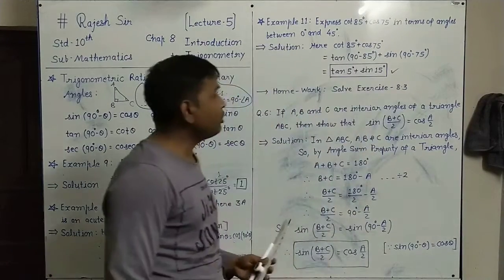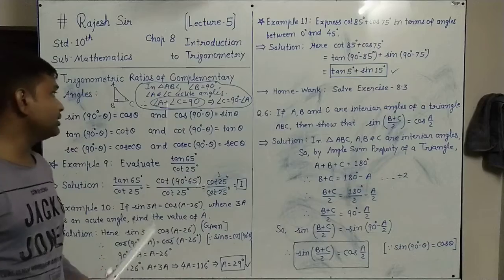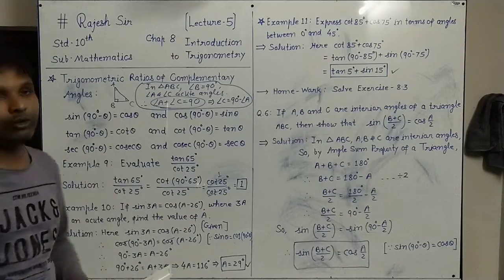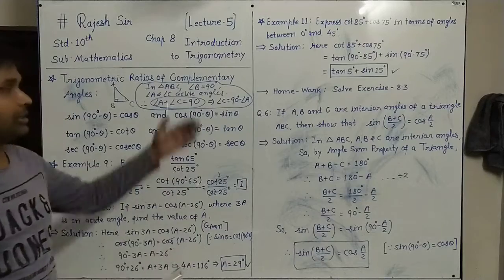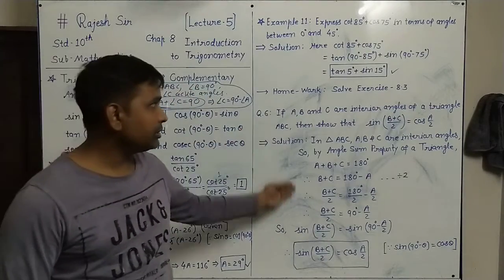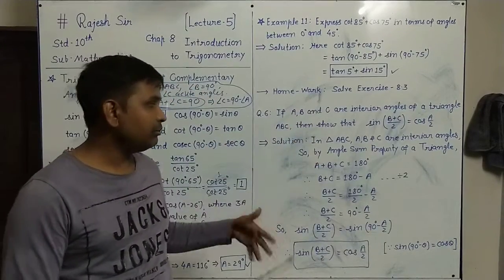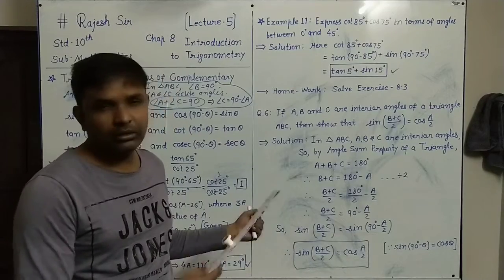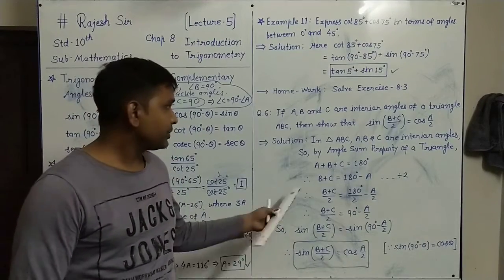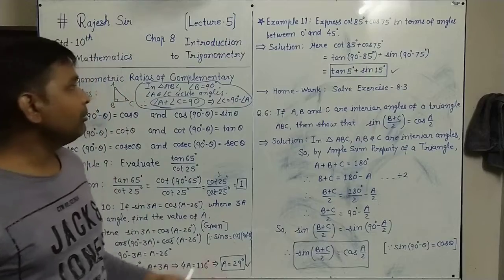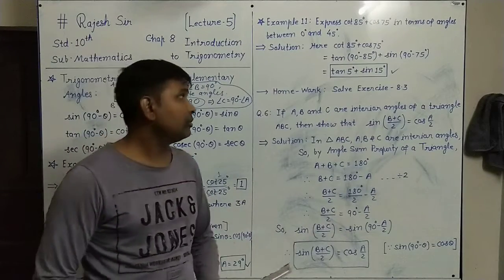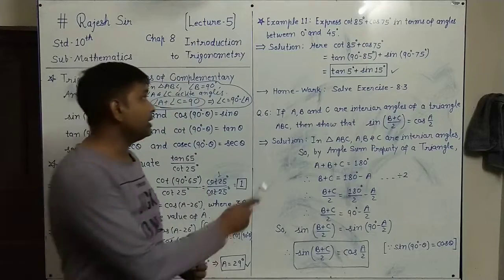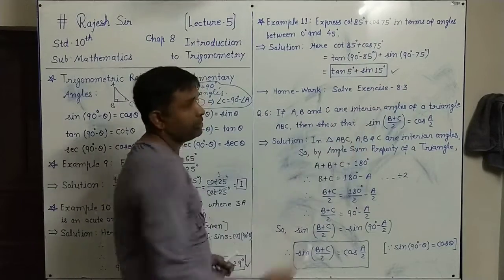So these are very simple types of questions and examples using the complementary angle formula. You are suggested to write down all these formulas and examples, as well as question number 6 of exercise 8.3, which needs some knowledge of 9th standard also. That we have done. The remaining questions 1, 2, 3, 4, 5 and question number 7 you are also suggested to do as homework. So exercise 8.3 is complete.